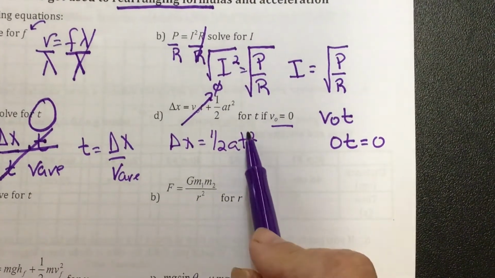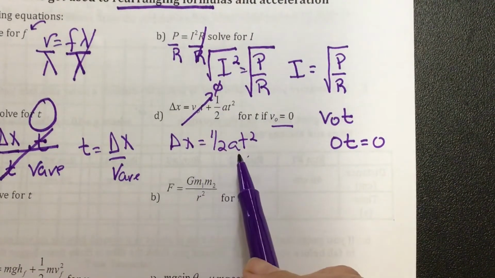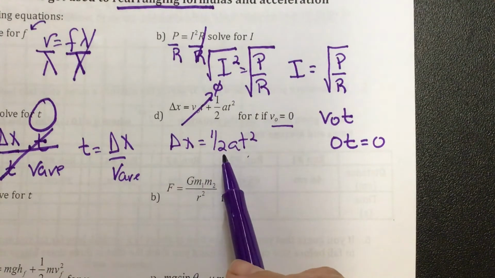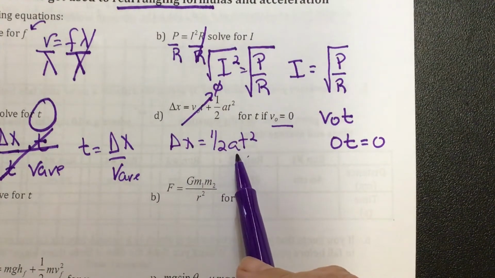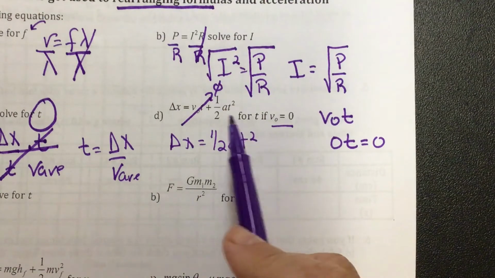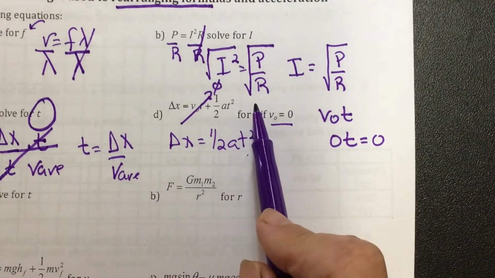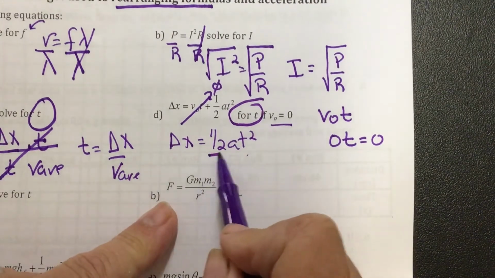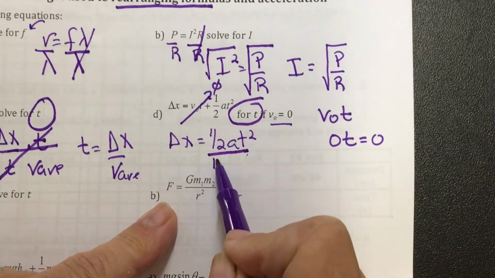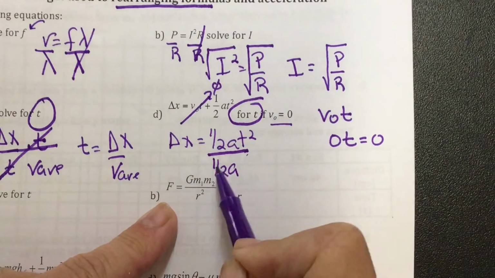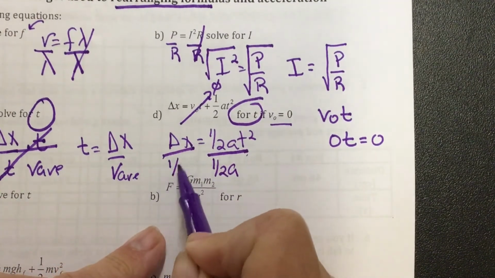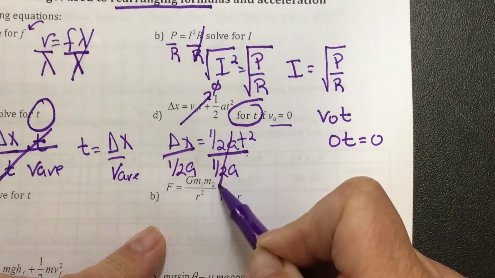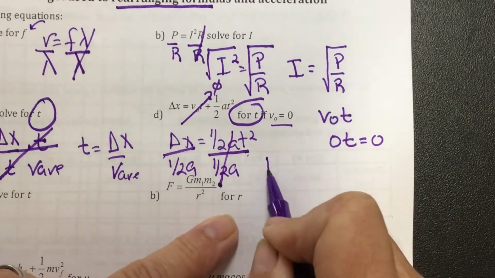All right, so I need to get a formula for t, and this mess over here just means times. It means 1/2 times a times t squared. And I need to get t by itself, right? Because I'm solving for t. So what I'm going to do is divide this side by 1/2 a, because those will go away, and this side by 1/2 a. These cancel, and now I get t squared